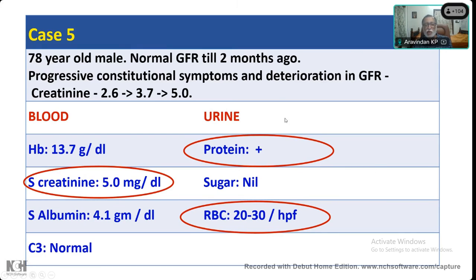So, what would you call it? What would be the clinical term you would use for a case in which there is a very sudden increase in creatinine? So it is some acute deterioration in GFR, affecting the tubules. Some acute injury affecting the tubular portion. Increasingly now, many renal biopsies that we get are for this kind of condition, where the patient suddenly comes with an acute kidney injury. We used to call it acute renal failure. Now nephrologists usually use the term AKI, acute kidney injury.